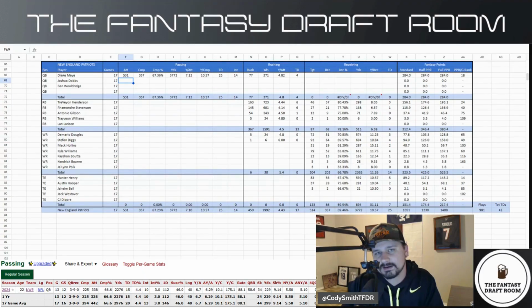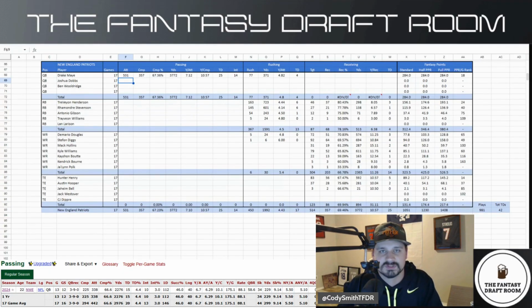That's just not his style of ball. So I actually dropped Drake Maye down in total pass attempts per game. And you might be thinking, well, if you're taking that next step up from the rookie year to your second year in the league, you might want to increase that number. I just think philosophically, especially with drafting a Travis Henderson type, that this number might actually come down for Drake